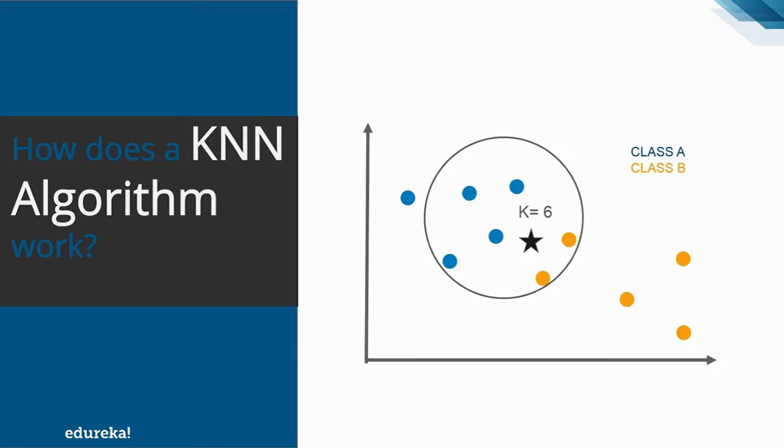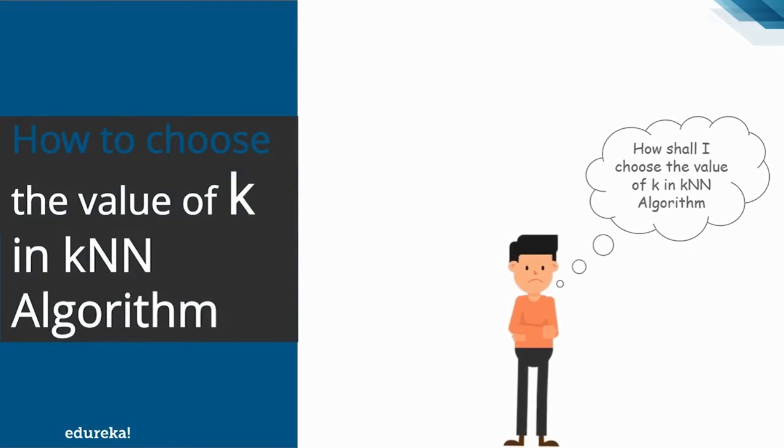So by now I guess you know how a KNN algorithm works and what the significance of K in KNN algorithm is. So how will you choose the value of K? Keeping in mind that K is the most important parameter in KNN algorithm, let's see how you choose the value of K when you build a K nearest neighbor classifier. Well, you might have a specific value of K in mind, or you could divide up your data and use something like a cross-validation technique to test several values of K in order to determine which works best for your data. For example, if n equals 1000 cases, then the optimal value of K lies somewhere between 1 to 19. But yes, unless you try it, you cannot be sure of it.